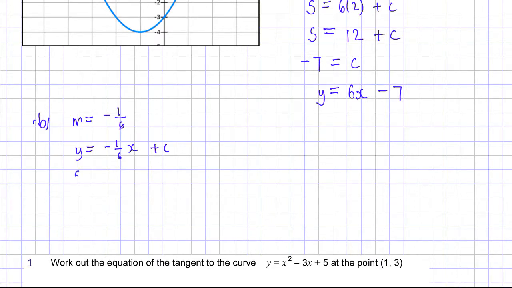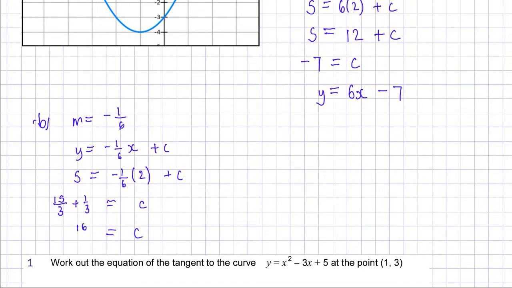So I'll have 5 is equal to minus 1 over 6 times 2 plus c. Now 2 times minus 1 over 6 is minus a third. If I add a third to both sides, I get 5 and a third. Now 5 is just 15 over 3, so 15 over 3 add 1 over 3 is equal to c. So therefore c must be